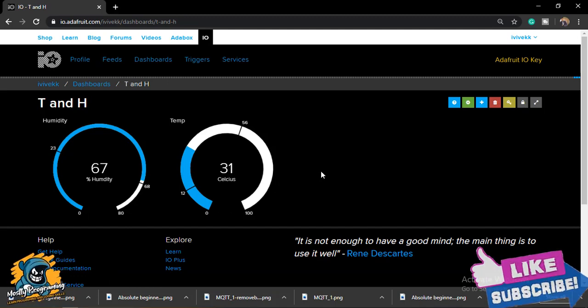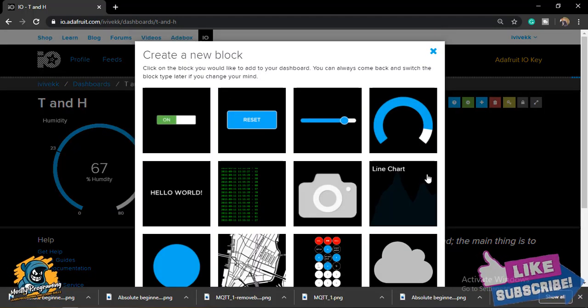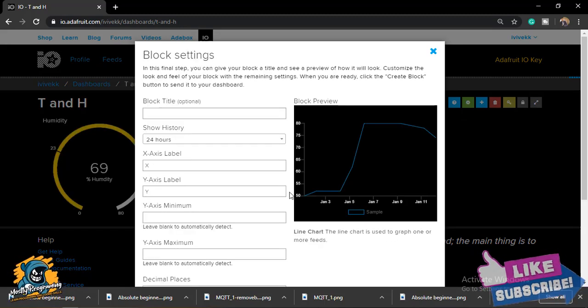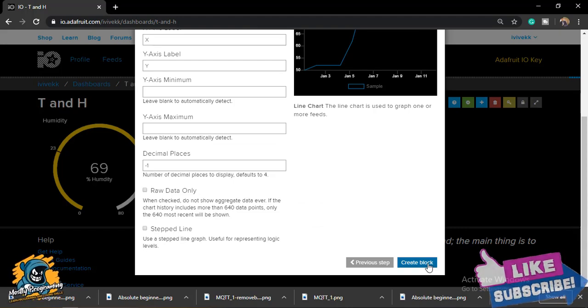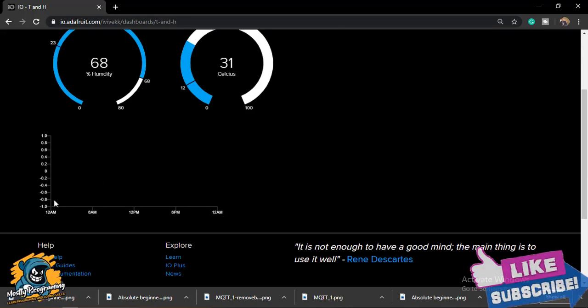Now this is displaying just the value at the present time. What if we need the comparison chart of the values, right? So what you can do is click here and create a line chart for whatever feed you want. For example, humidity. Next, I'm just going to skip all the steps and then create the block. So here is the block.